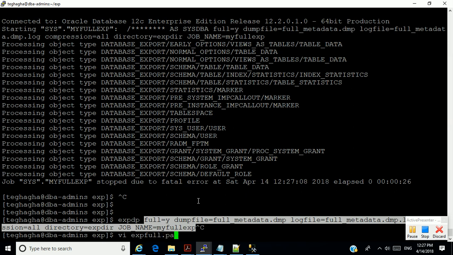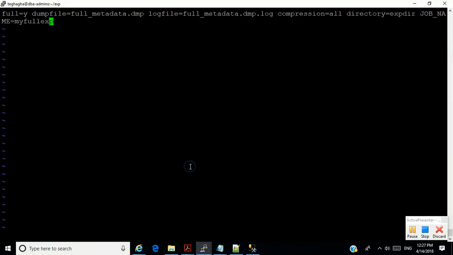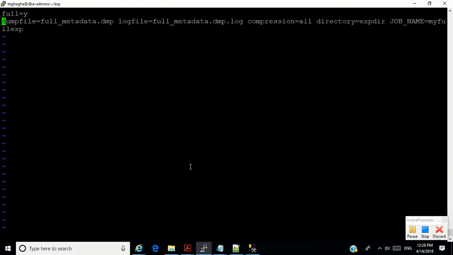You can call it dot text, anything you want, but then I'm going to insert those variables inside, okay? So this is a file, I'm calling it a parameter file. So instead of writing all the commands on the command line, I'll just simply